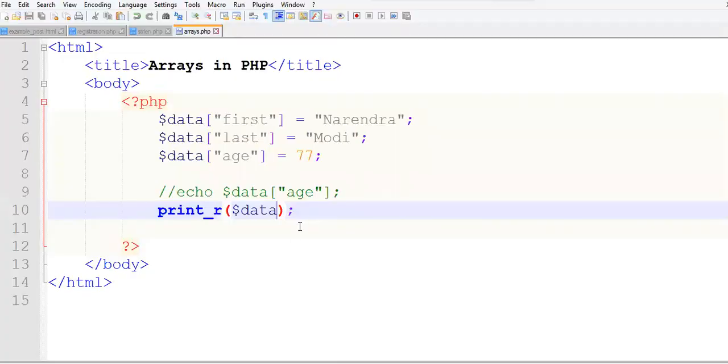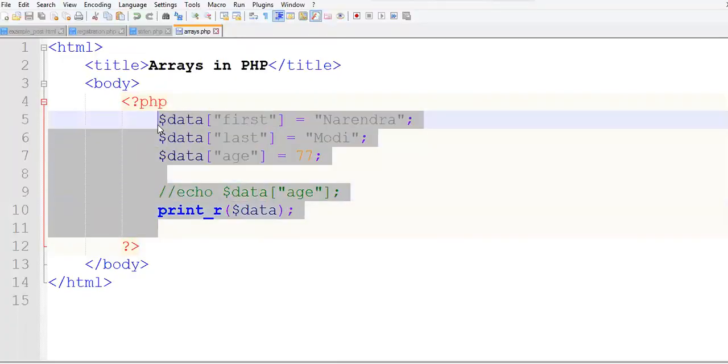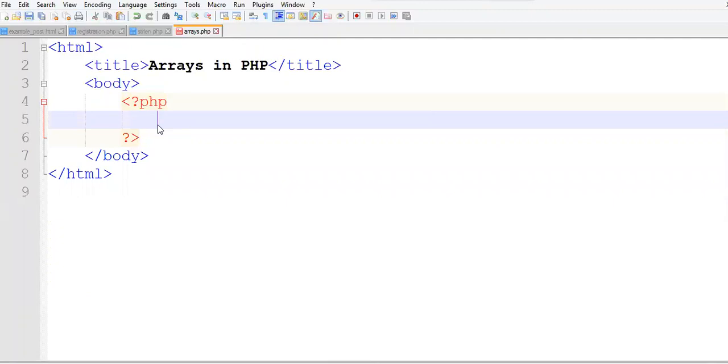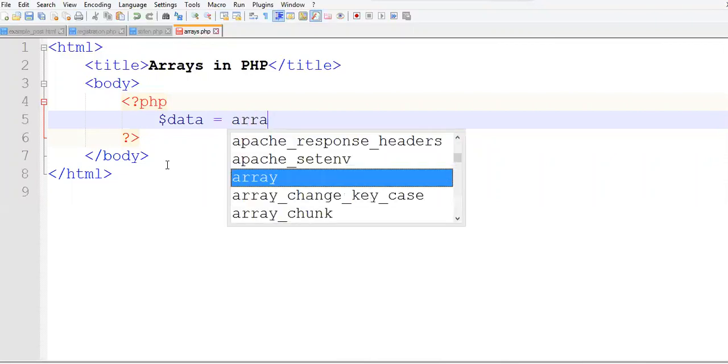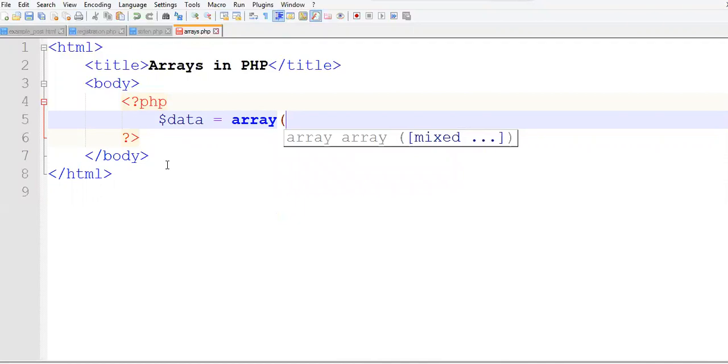Now let us look at the third type of array, that is a multi-dimensional array. A multi-dimensional array is an array which consists of an array within an array. That is, it is like nesting of arrays. To create a multi-dimensional array, the syntax followed is we give the variable name equal to the keyword array, open a bracket.